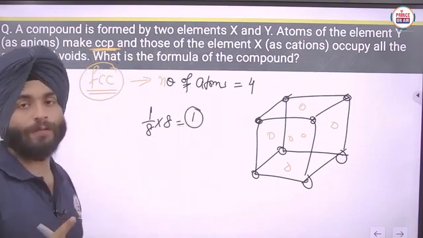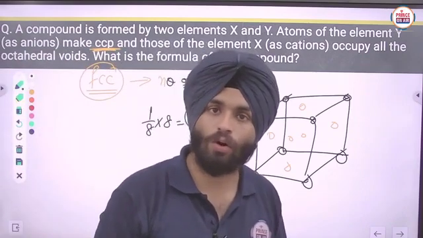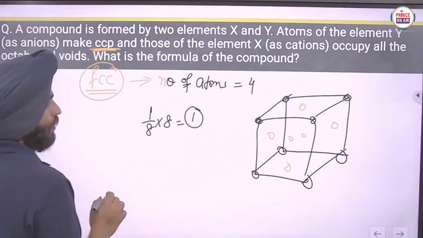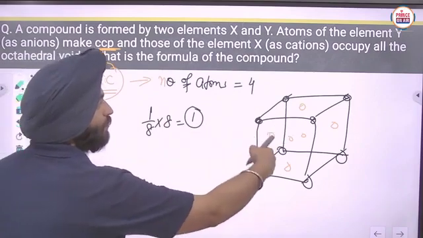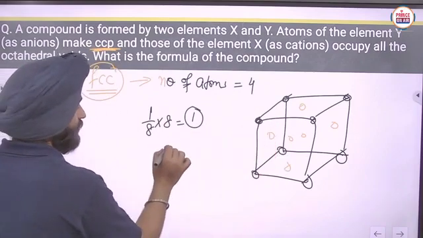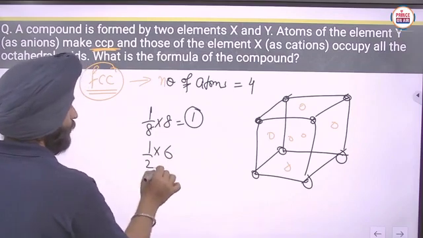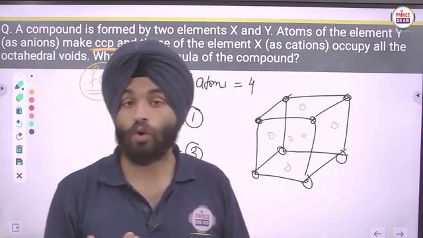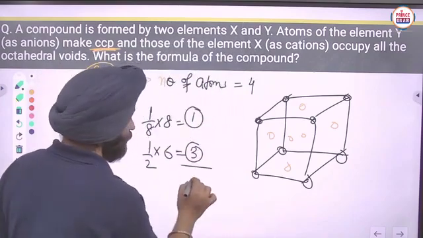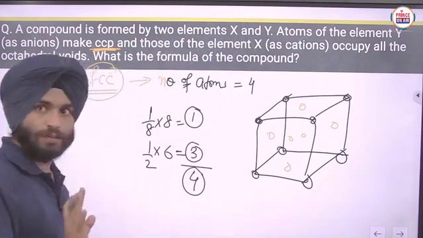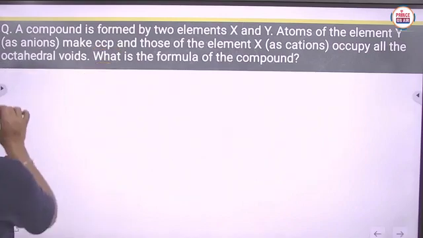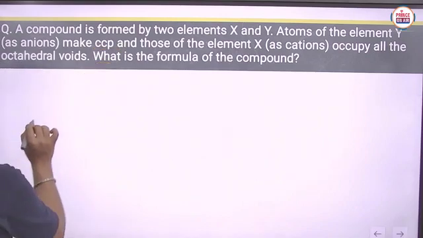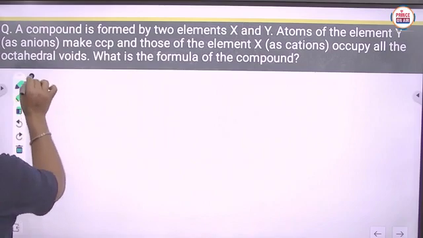So the total number of particles at the corners is 1, and the number of particles at the face centers is 6, and their contribution is 1 by 2, so it will be 3 here. So the total number of particles in the FCC arrangement will be 4. Is it clear now?